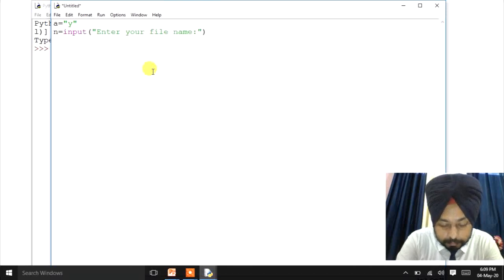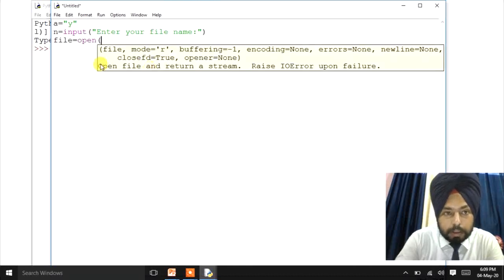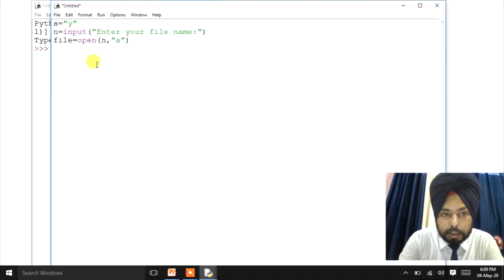Right? Then we'll open the file f, or we can type here file equals to open. Then this one we'll use here this variable n, comma, then we'll use here append function to append the file.